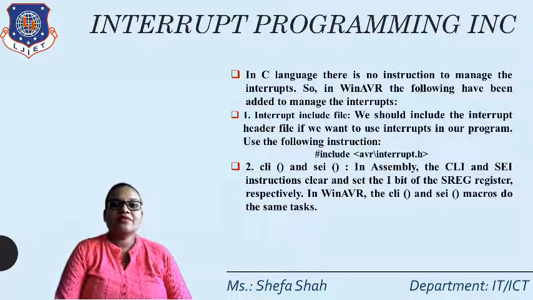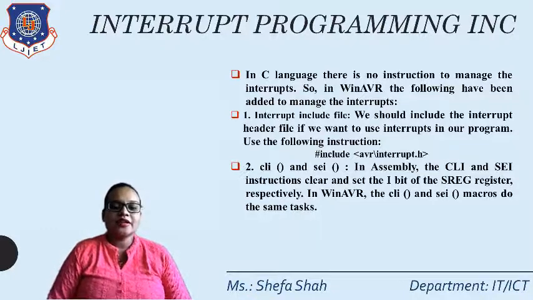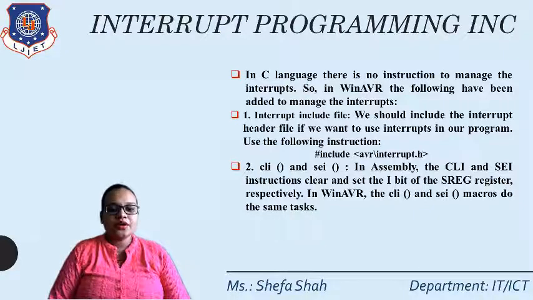Similarly, when we want to set or clear the interrupt, there are the instructions CLI and SEI, which will clear and set the interrupt whenever required. Now, before we write the interrupt program, we need to include a library file for the interrupt, that is #include, and in the brackets avr/interrupt.h. So all the interrupt libraries will be included in the C library for ATmega32. And using cli() and sei() with parentheses, we make the clear interrupt and the set interrupt.